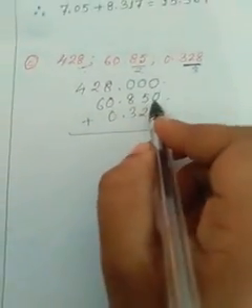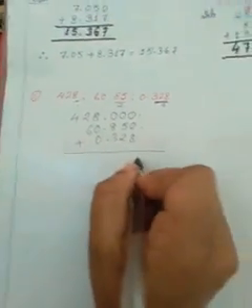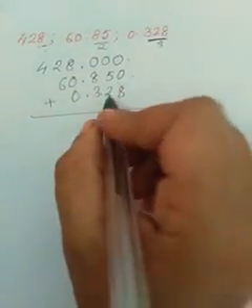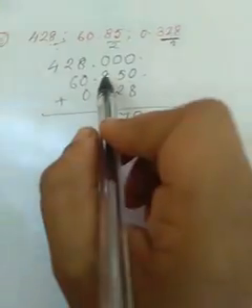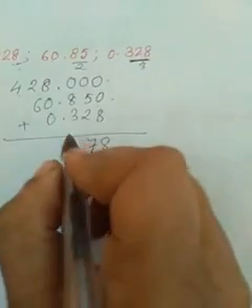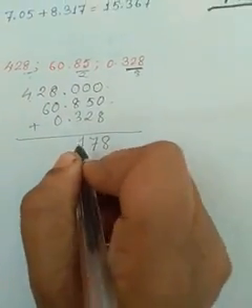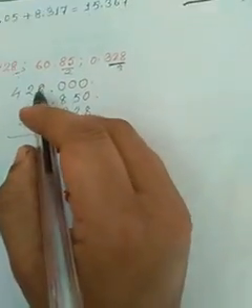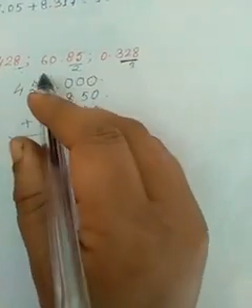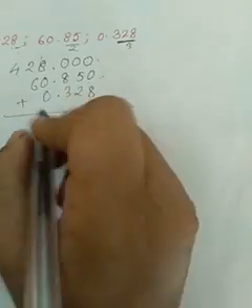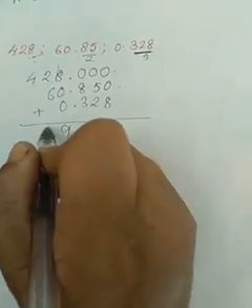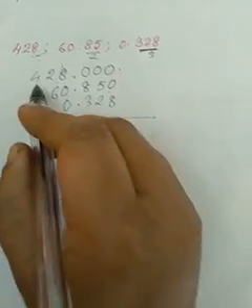If you add, so 0 plus 8 it's 8, then 0 plus 5 it's 5, 5 plus 2 it's 7. Now 8 plus 0 it's 8, and 8 plus 3 it's 11. So 1 will be 1 here and 1 will carry forward. So 8 plus 0 is 8, and 1 is there, so the carry is there. So 8 plus 1 is 9, and then 6 plus 2 is 8, and 4 is there, so 4 will